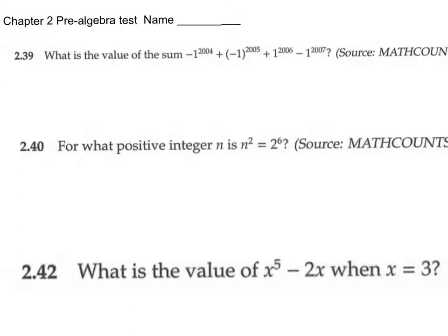So let's take a problem from chapter 2 that almost everybody, including me, had trouble with. And so the idea here is, what's minus 1 to the 2004th? And so what you have to remember is that when you think of the rule of PEMDAS,